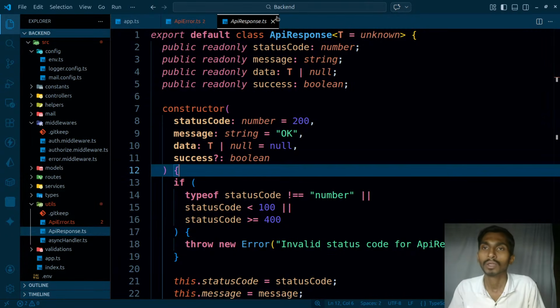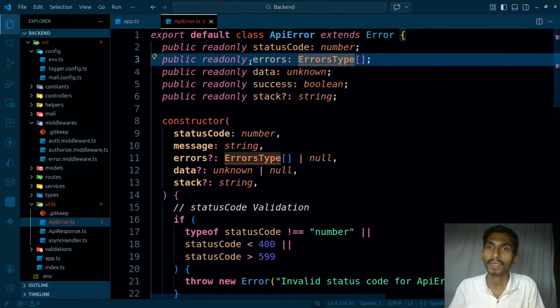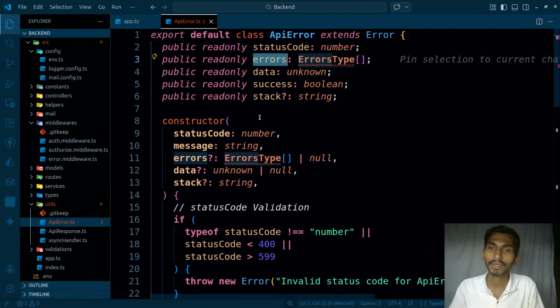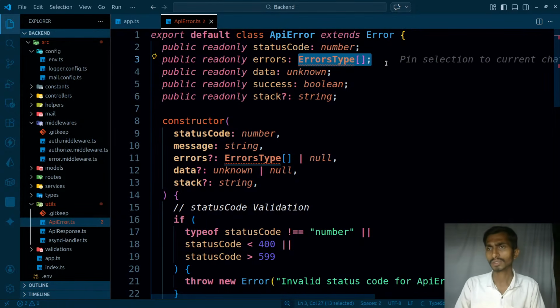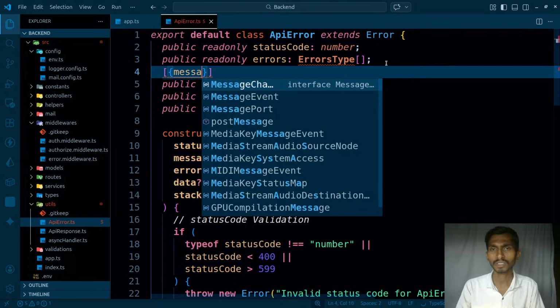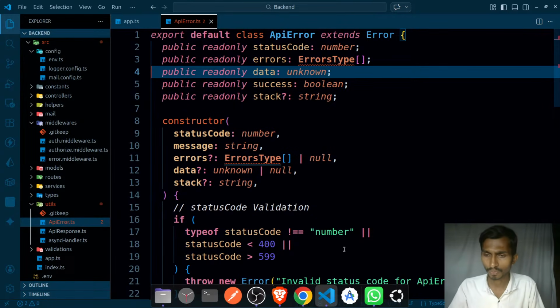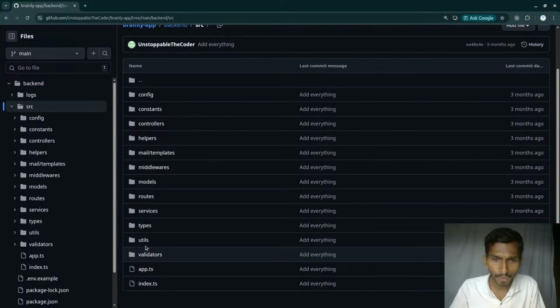By the way, coming back to this error section, over here I don't have this error type. Inside errors is actually going to be an array. So what all values will it be containing inside that particular array? Most probably it's first going to be an array, and it will be containing the message, and maybe it will be containing the type and all. Let's see exactly what goes over here. So if I actually get the type from here, types,